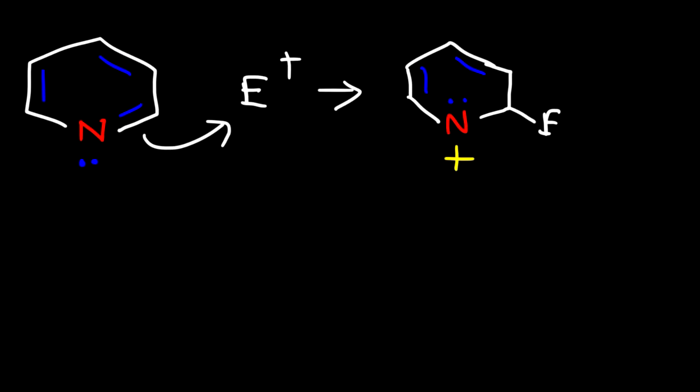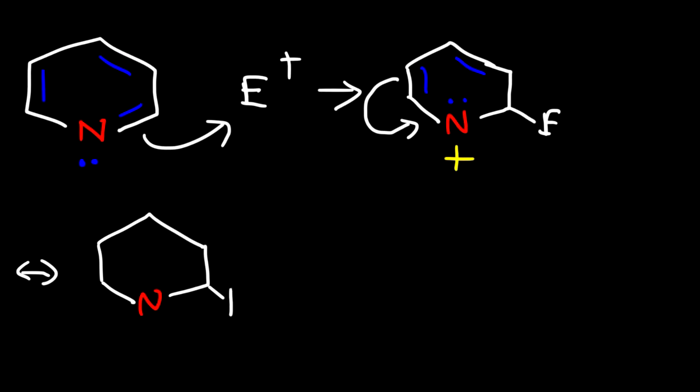So what do you think we need to do here? What's our next step? So what we need to do is basically take this double bond, move it here to draw the first resonance structure, which will look like this. So now we have a double bond, we have a lone pair still, and then the other double bond is here, but now we have a positive charge on this carbon. And so now we can take this double bond, move it here,